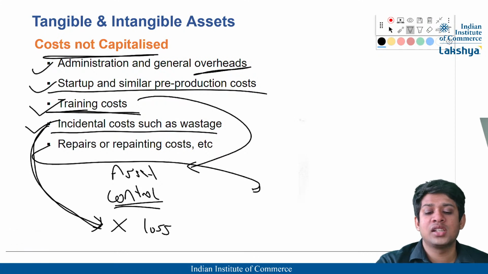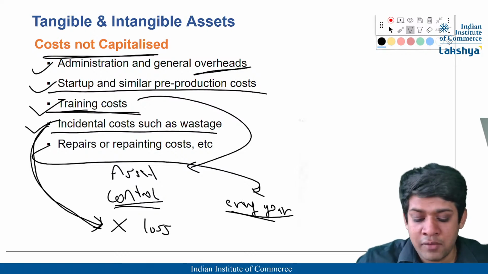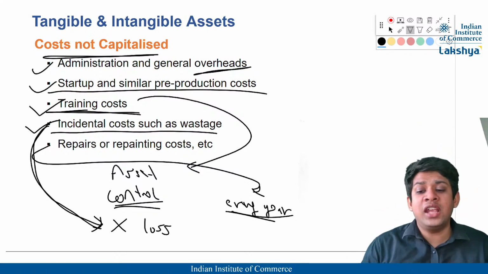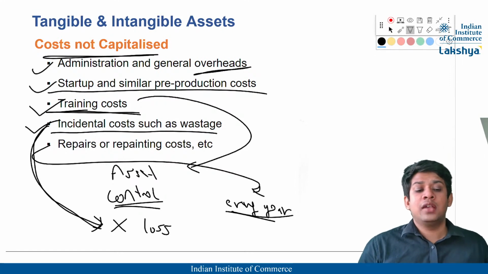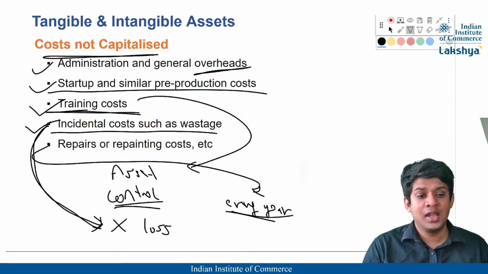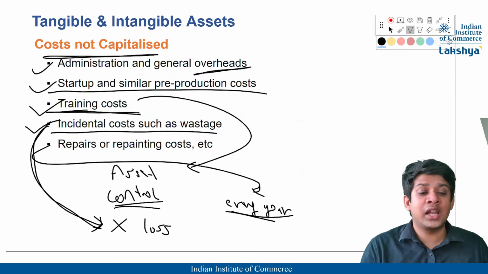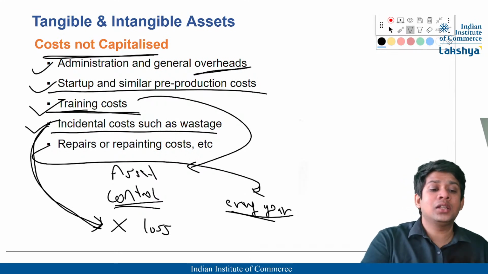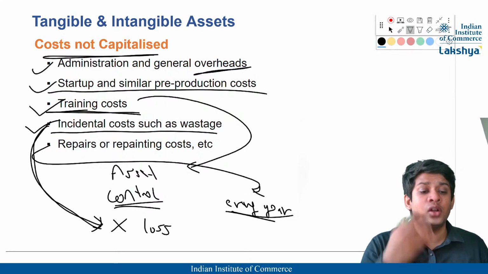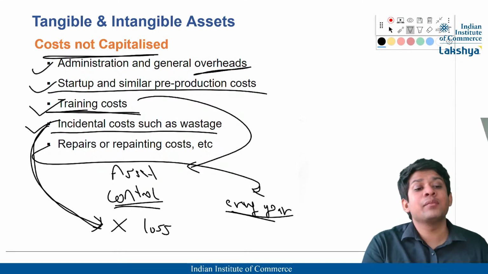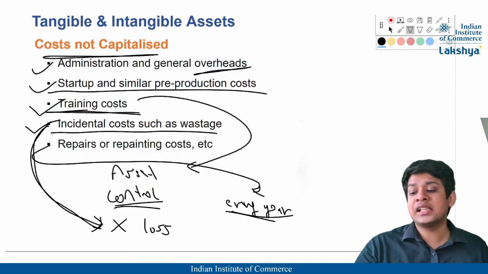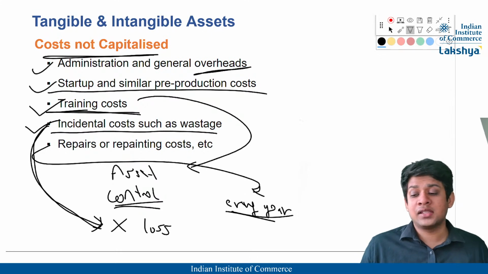Repairs and repainting costs are actually incurred every year, right? They are incurred every year and they do not actually improve my asset. That means if they do not improve my asset, they are not bringing future economic benefits to me. If my asset is damaged, it is just repairing my asset so that it can be used. They are not increasing, improving or enhancing my asset, correct? So these are not going to be capitalized as